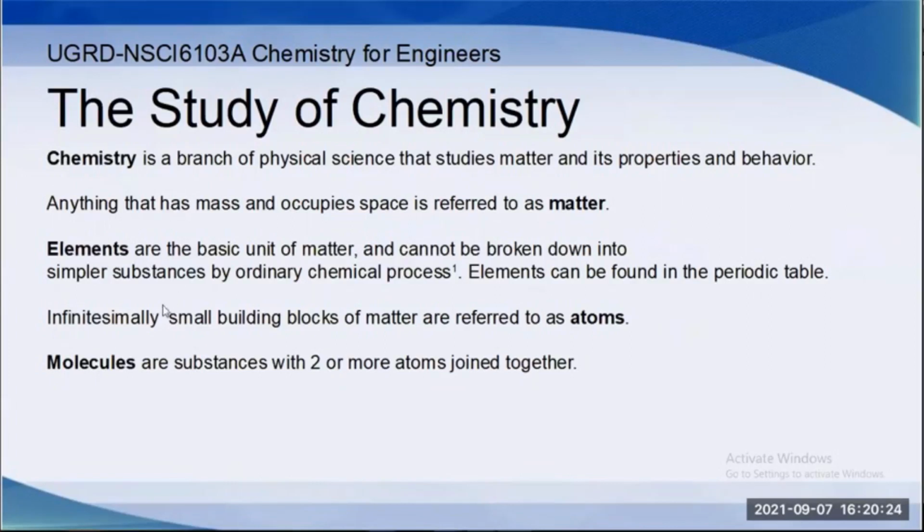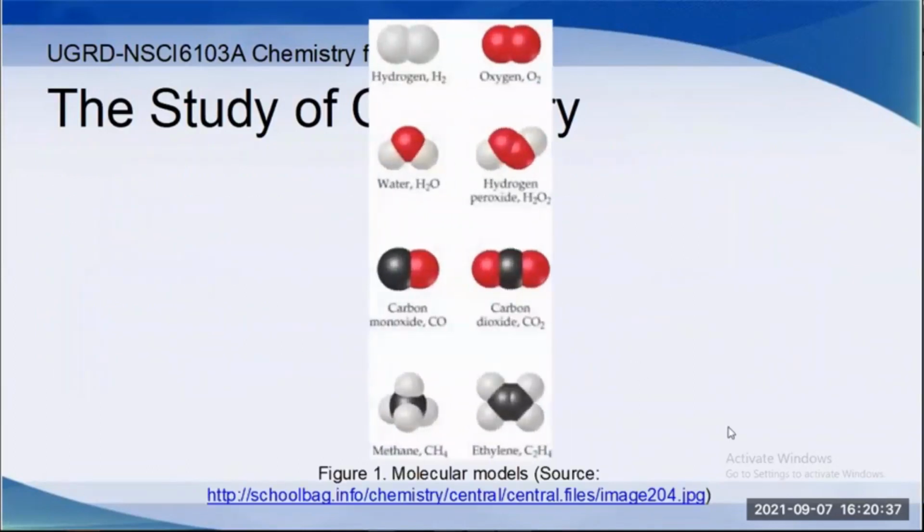Infinitesimally small building blocks of matter are referred to as atoms, okay? And molecules are substances with 2 or more atoms joined together. So we have a figure here. One of these round things is an atom. If there is more than one atom joined together, we call that a molecule. In the 2 upper illustrations, we have 2 hydrogen atoms and